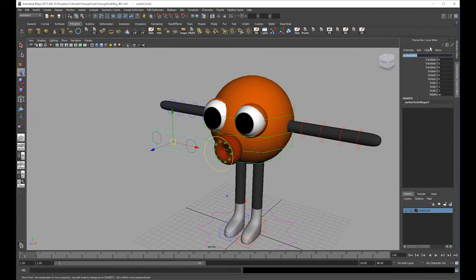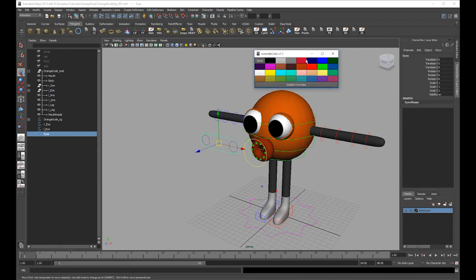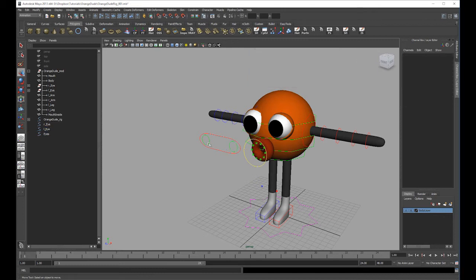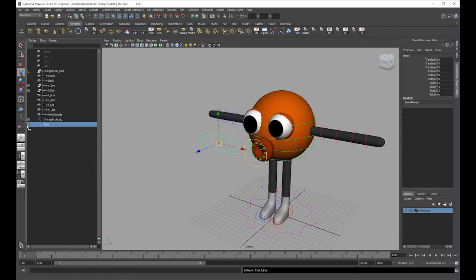So this is going to be our eyes controller, and this is going to be our right eye controller, and this is going to be our left eye controller. And the reason why I'm giving both eyes a separate controller is so that we can manipulate them individually as we want. Okay, so we're going to put those underneath the eye controller group, and now we're going to